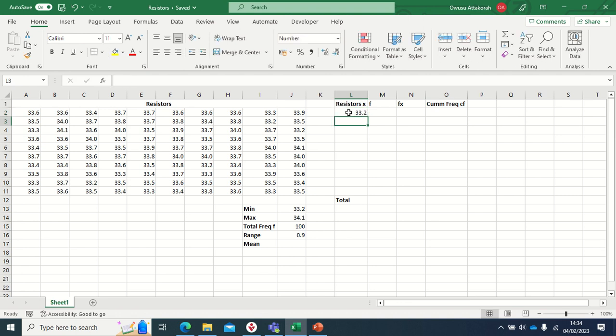and then I'll go to 33.3. I'm not going to type everything all the way to the last number because it's cumbersome and it delays. So I'm just going to select that, and I'll come here and just copy it down and it will do it for me. So I've got all the numbers right up to